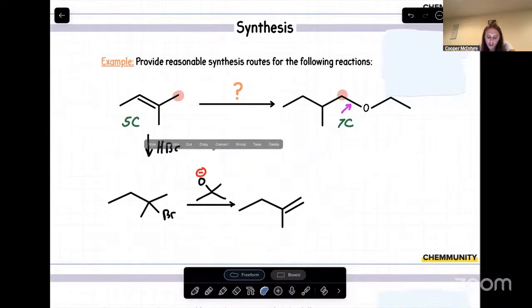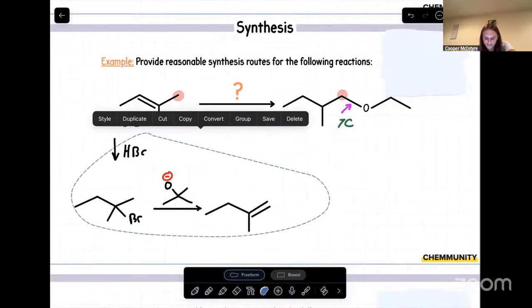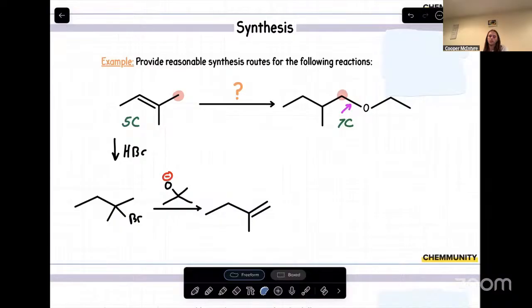So if we're looking at all this, let me give us some room. My next question is, we need to add a new ethoxy group, which we can see right here. So how can we maybe turn this carbon into an electrophilic carbon? And then we can use something like ethoxide to have a strong oxygen nucleophile and maybe